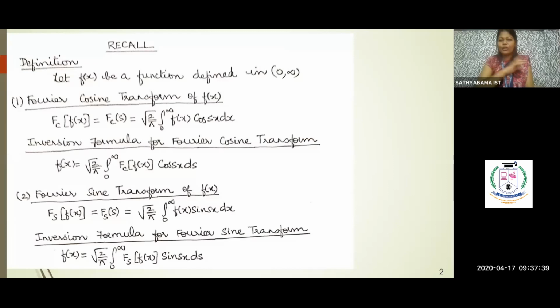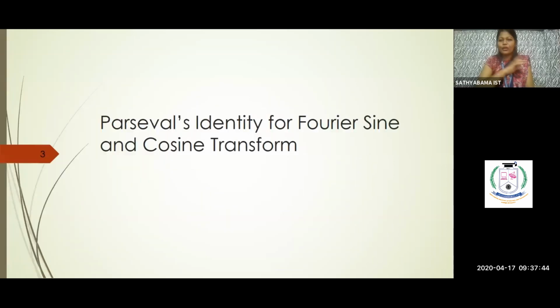Now, as I told you, we're going to see 4 topics today. We will start with the first. The first topic is Parseval's identity for Fourier sine and Fourier cosine transform. We saw Parseval's identity for the Fourier transform yesterday. The identity is very similar, but where we use it is very different. Here we use this identity for finding the values of certain integrals, so certain integrals can be evaluated using it. We're going to see how and where. Before we start, let's see what Parseval's identity is for Fourier sine and Fourier cosine transform.